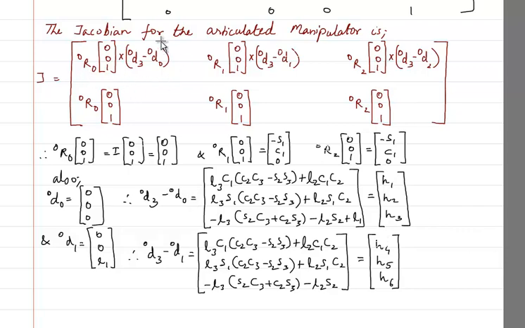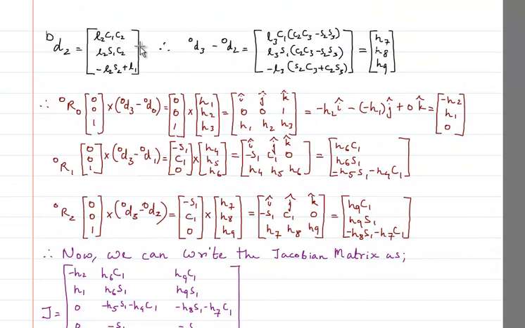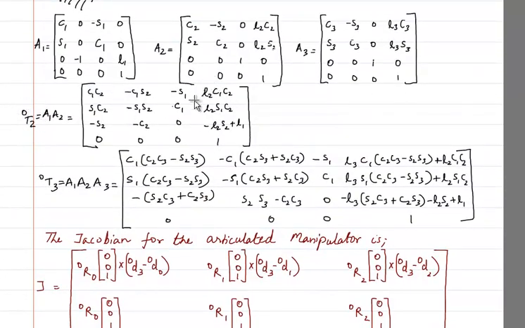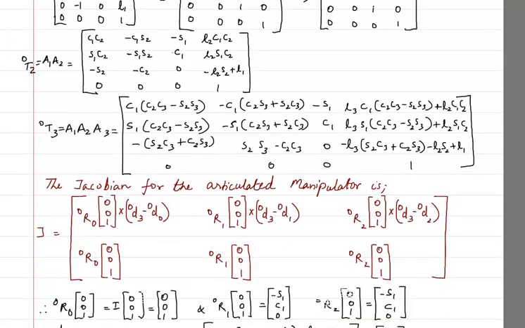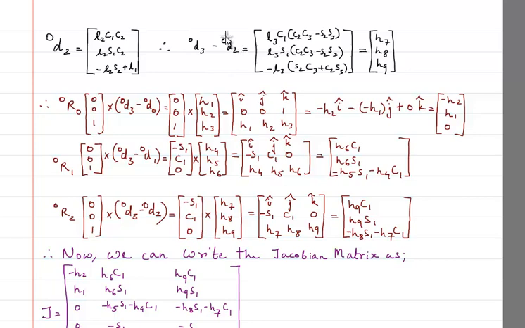But here first I have to calculate this cross product, so let me calculate that. 0d2 was left, so 0d2 is coming out to be this much. 0d2 is from 0T2. This is going to be 0d2. And from that I am able to write the value of 0d3 minus 0d2, which I get as this value, which I name in short form as h7, h8, h9.